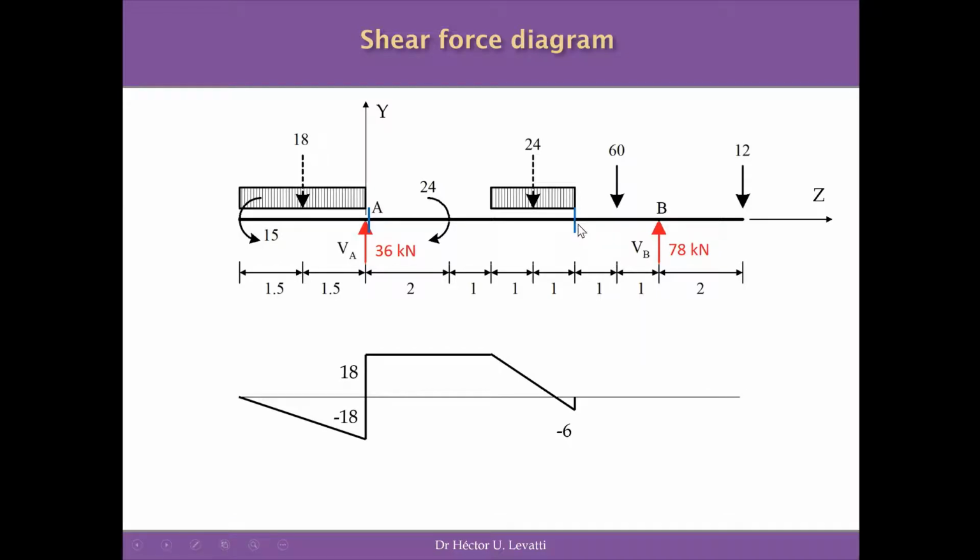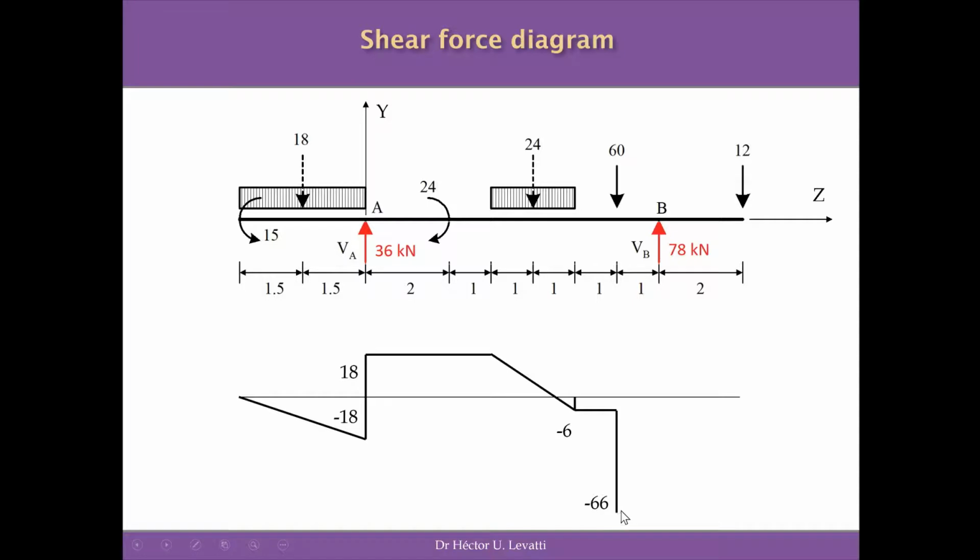After this cross-section, in the interval from the blue cross-section to the new force, 60 kilonewton, applied to the structure, the distribution of the shear force will be constant, as you know. And immediately after, because we have this force, we are going to have an additional negative shear force coming down, so we can add this 60 to this diagram, and in total we're going to have minus 66, because minus 60 minus 6 is equal to minus 66, will be the value of the shear force